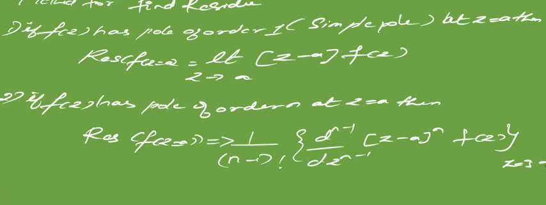So you just have to keep in mind, if it is a pole of order 1, you just have to take limit z tends to a, z minus a, f of z. If it is a pole of order n, then you have to consider 1 by n minus 1 factorial. Here also the limit exists, which I have written here. You need to differentiate n minus 1 times, n is nothing but the corresponding power, z minus a whole power n f of z. Apply the limit at z tends to a.